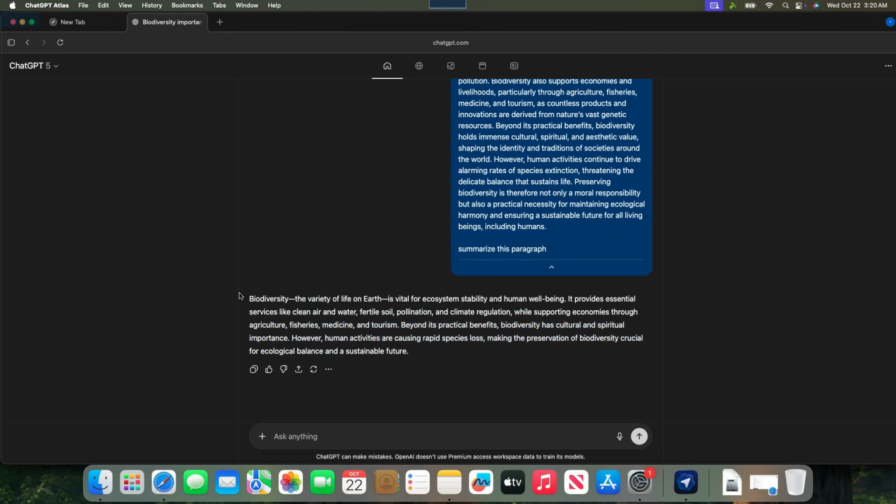After processing, you should see the summarized text presented in the output area of the app. Read through this summary to ensure it captures the essence of the original paragraph, and just like that, you've transformed a block of information into an easily digestible piece of knowledge. And there you have it. In just a few moments, you've learned to harness the power of AI to streamline one of the most common